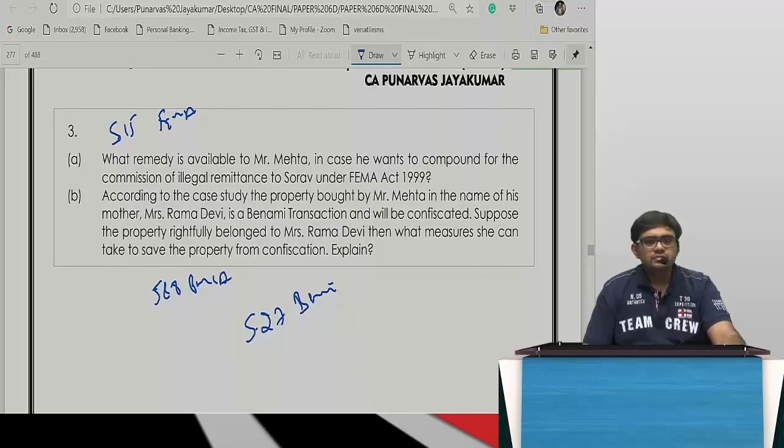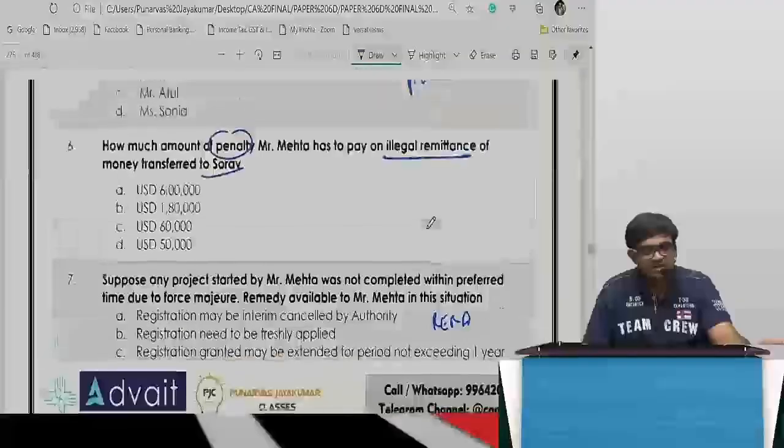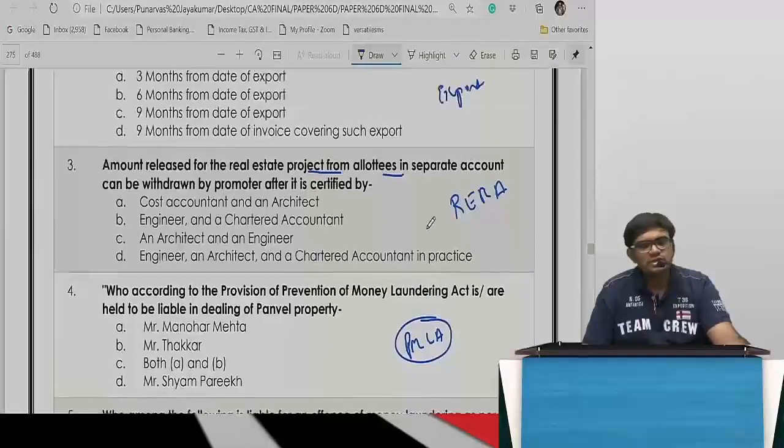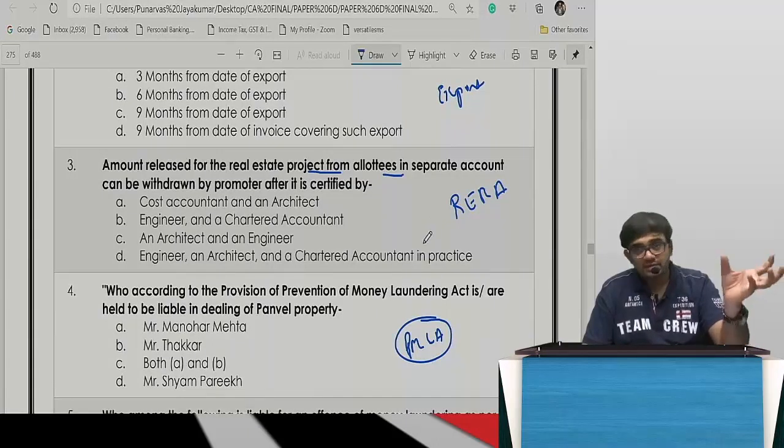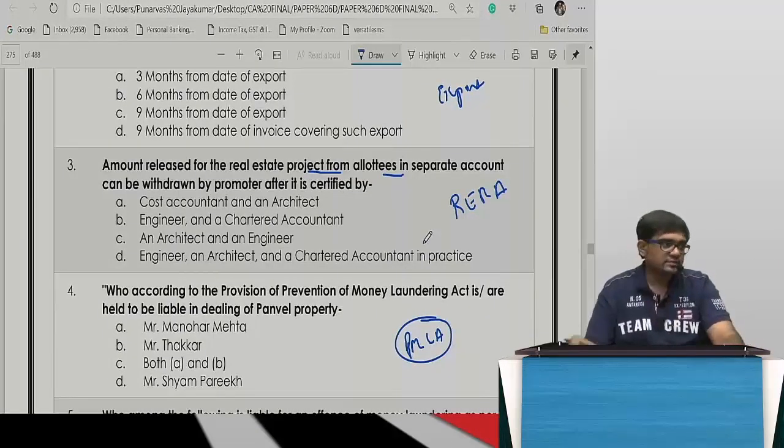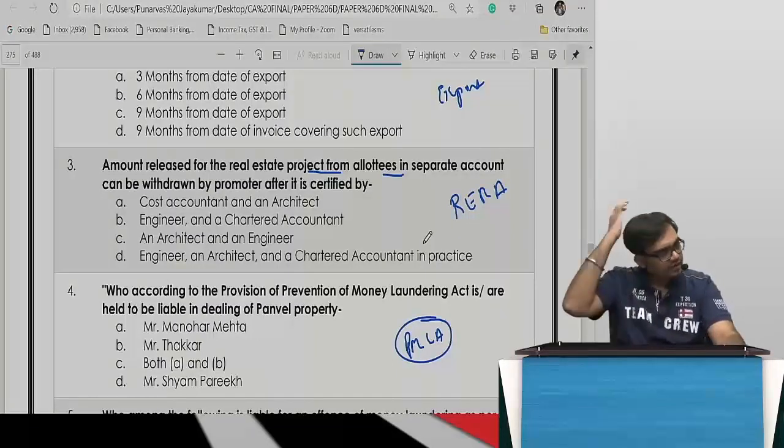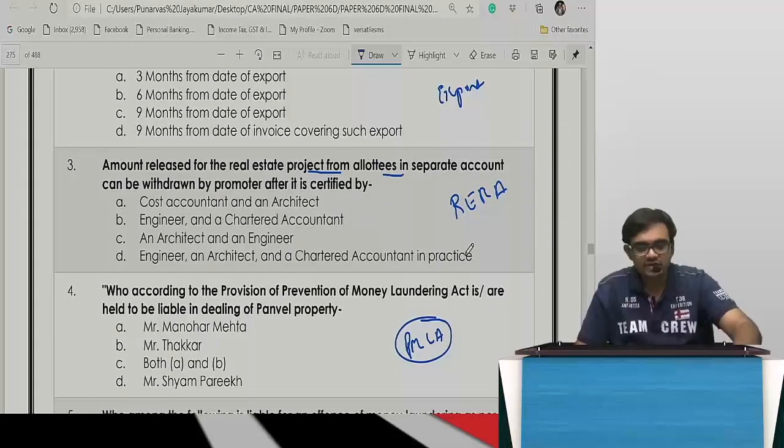That's all. It took about 10 minutes to understand all these things. When you are writing, you have 4 hours. First you make this structure, then read the case study. Without reading case studies, we can answer 2-3 direct questions here easily. One thing you need to understand: the case study may be difficult, but the questions will be easy. Even if they are difficult, it's okay. We have studied in such a manner that it will be very, very simple.